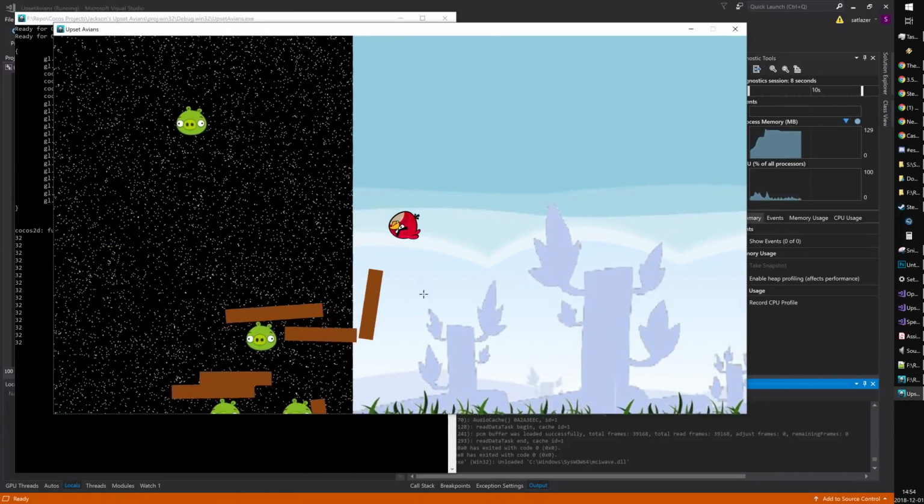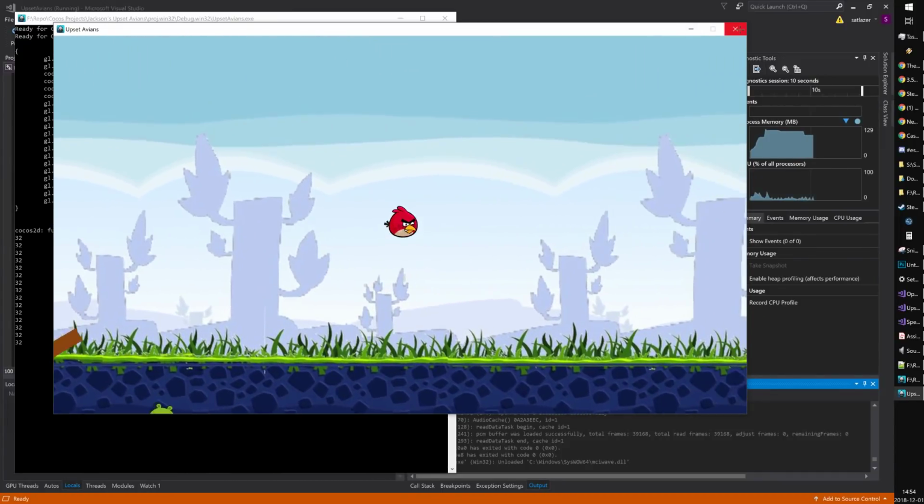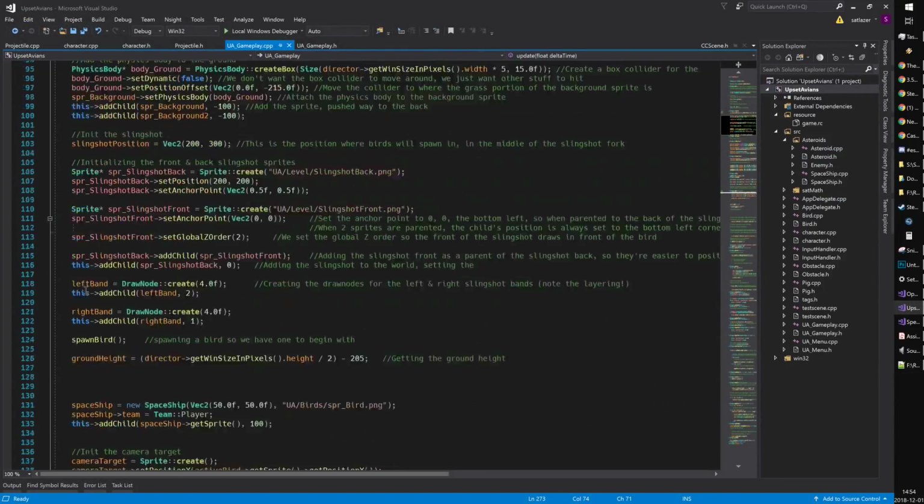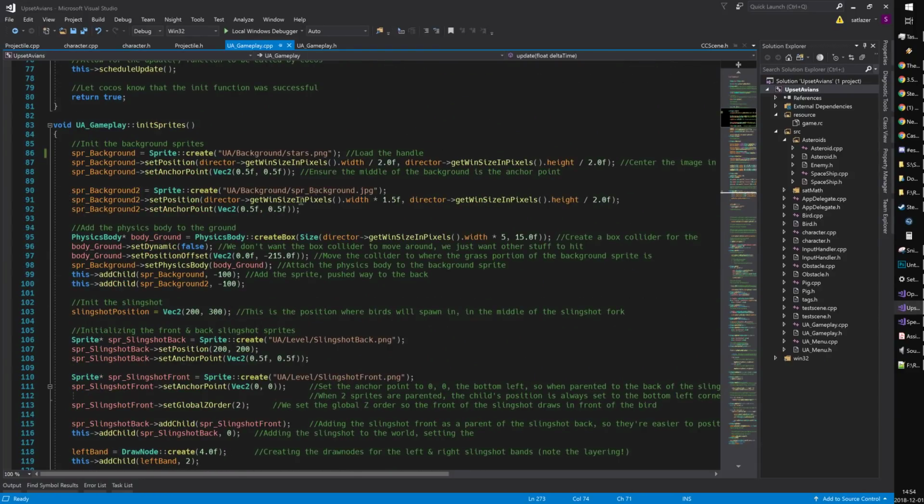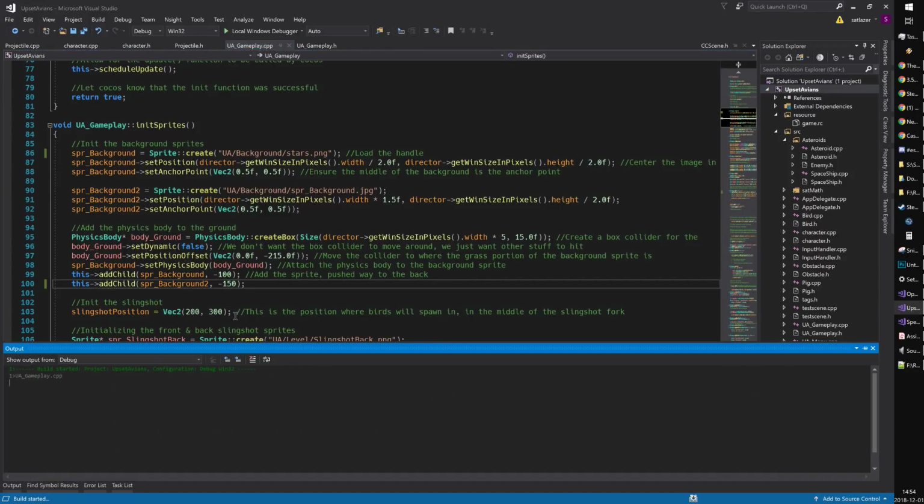Sweet. Oh right, there's still the second background image. But if we set that one to draw behind the other background image,